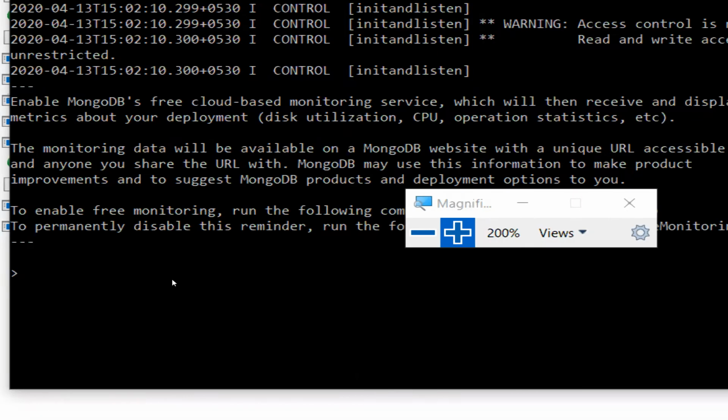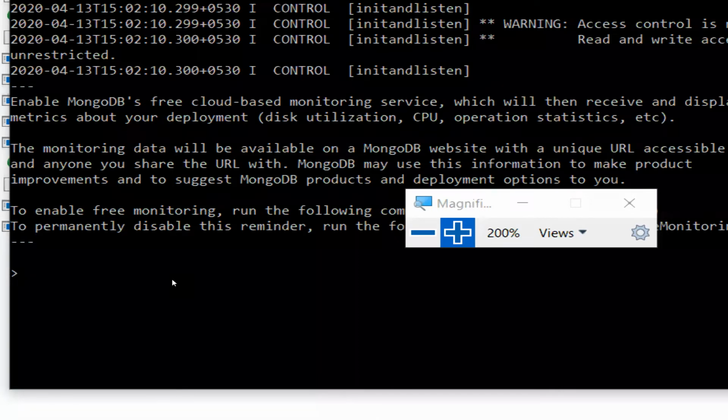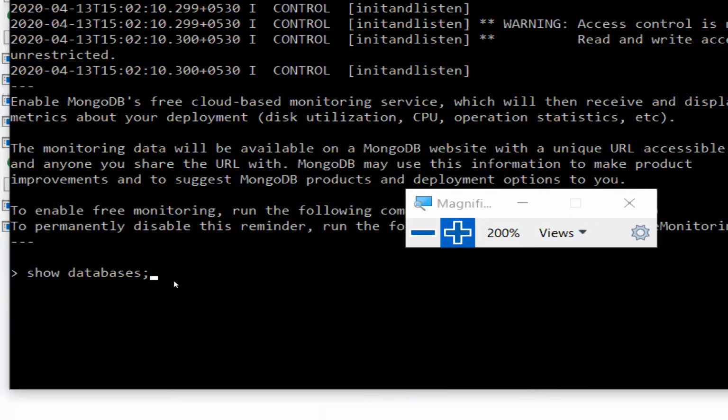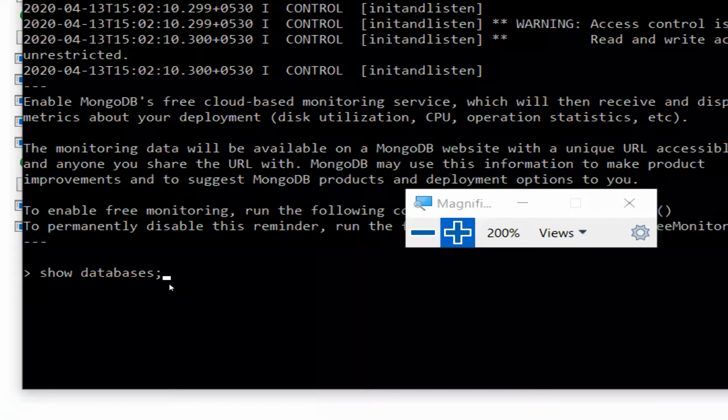Here is the first MongoDB command in this webinar. I'll show you some important commands only, as the time is limited. The first command is show databases semicolon. Every MongoDB command should end with a semicolon. Show databases means: what are the databases existing in the server?